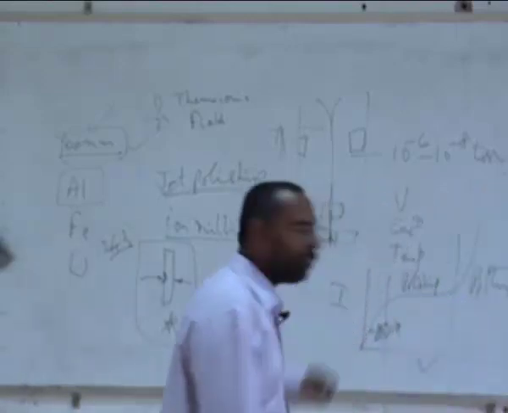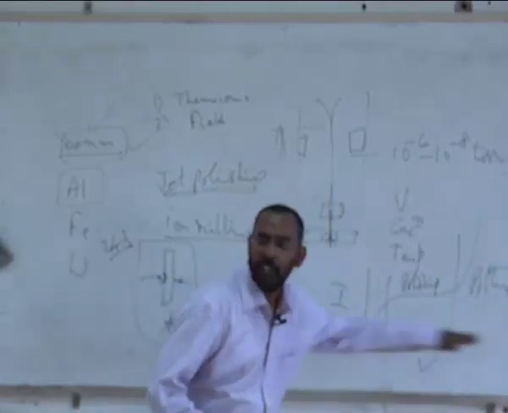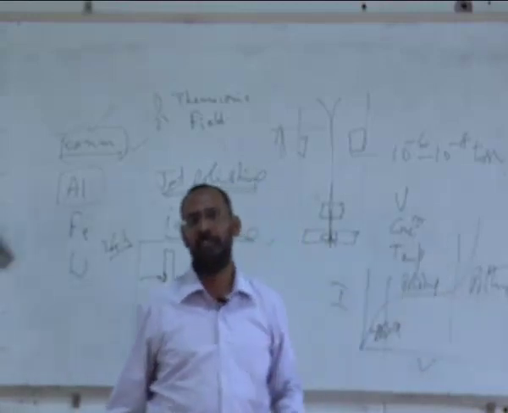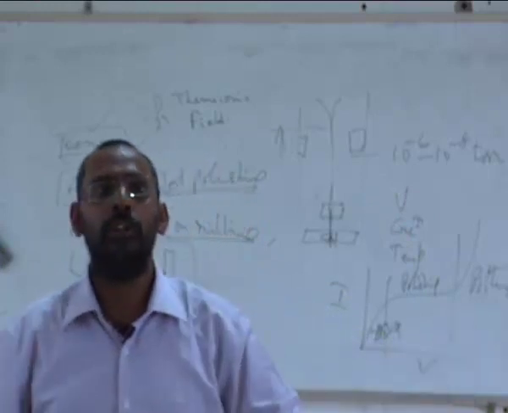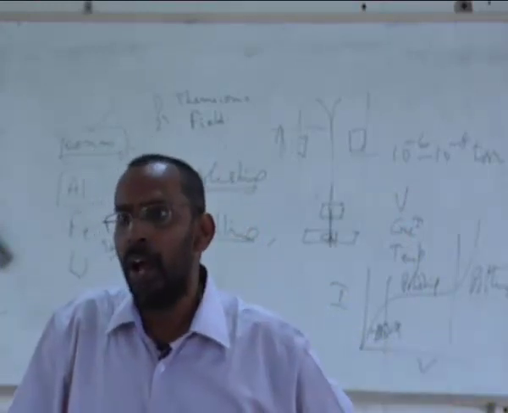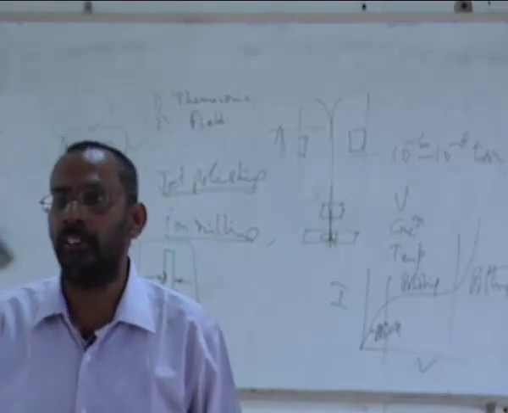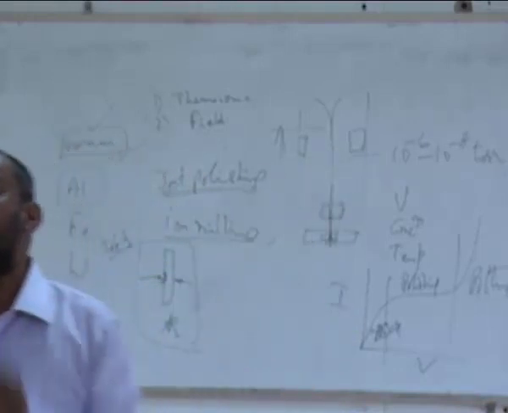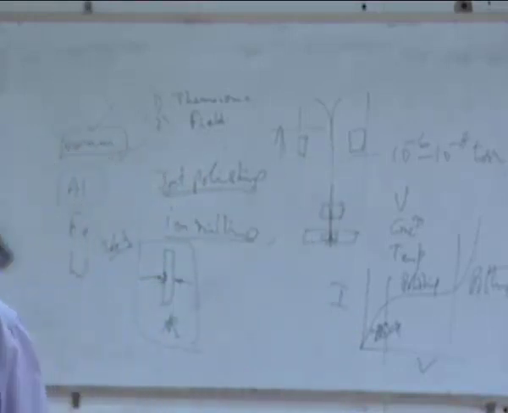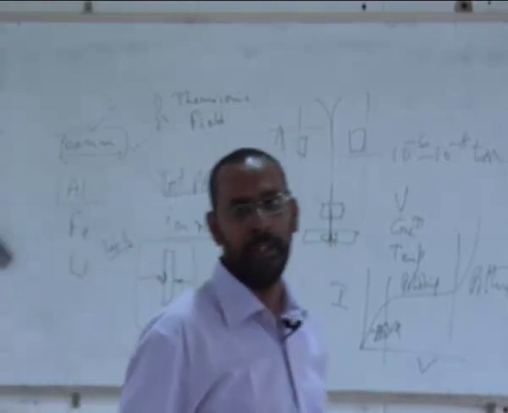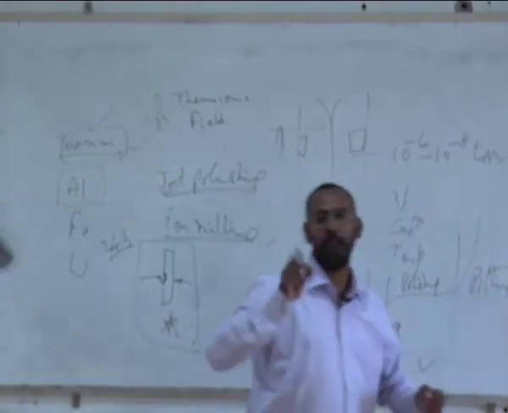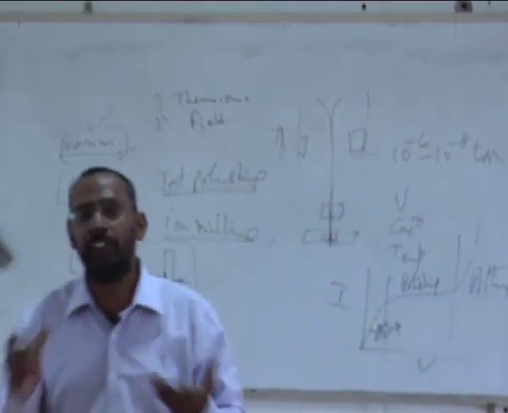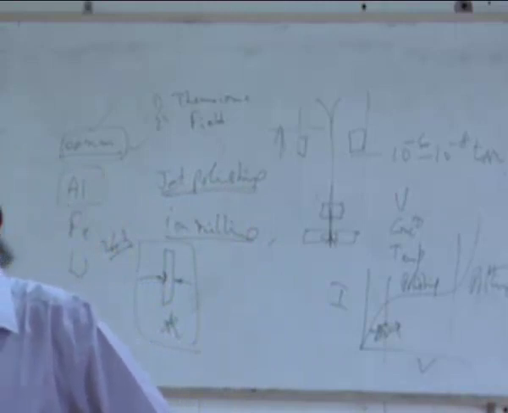And if you are in the polishing domain, even if you are varying the voltage, the current does not change. And that is the best domain where you should actually do your electropolishing. And this domain is different for different materials. You need to identify what is that domain for your material, and work only in that domain. Otherwise, if you are either here or here, the sample will have a lot of oxidation happening, and as a result, you will not be able to see the true image of the sample.